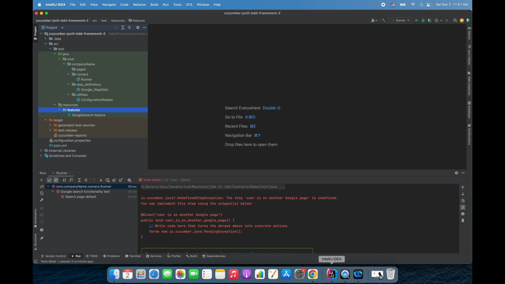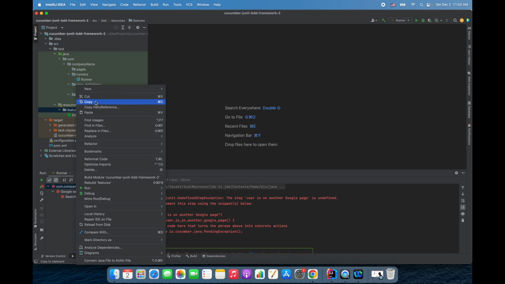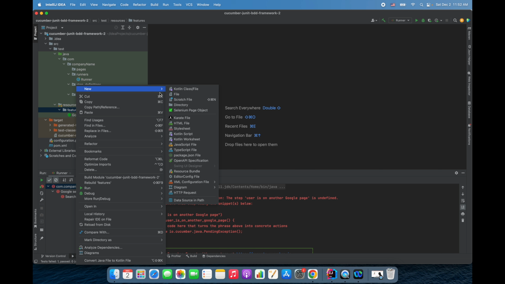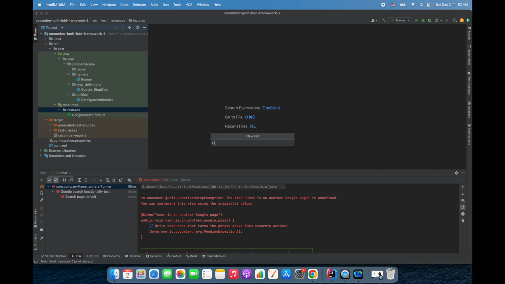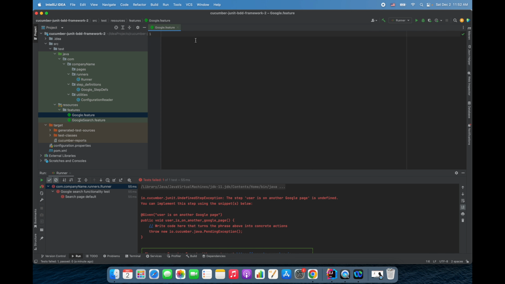So let's open our IntelliJ IDEA and here I have the features folder. Let's just do the right click here, a new file, and let's name it Google.feature. All right, and click return. So right here we just need to create the basic .feature scenario. So let's name it. The first word is going to be feature, and Google search